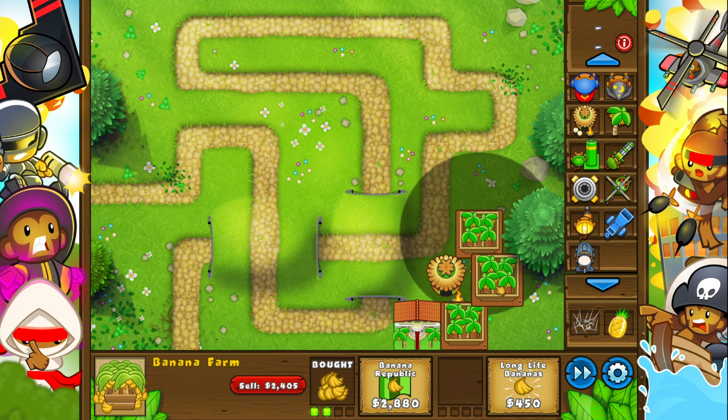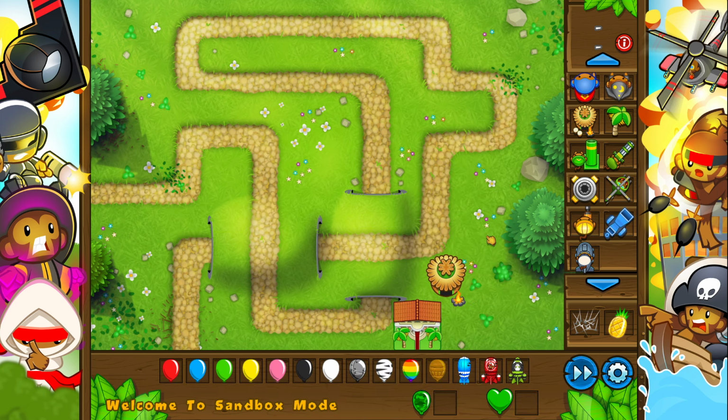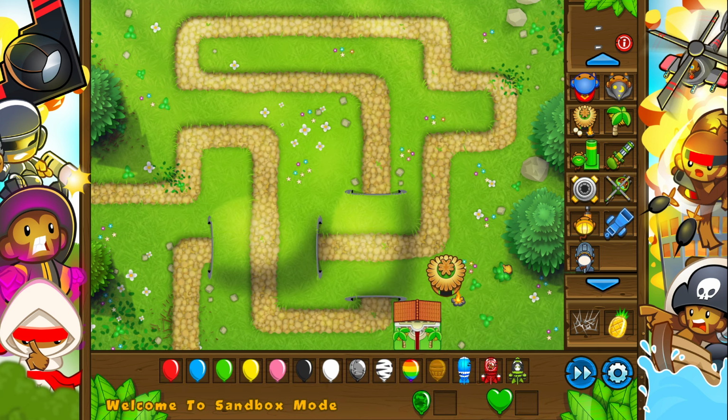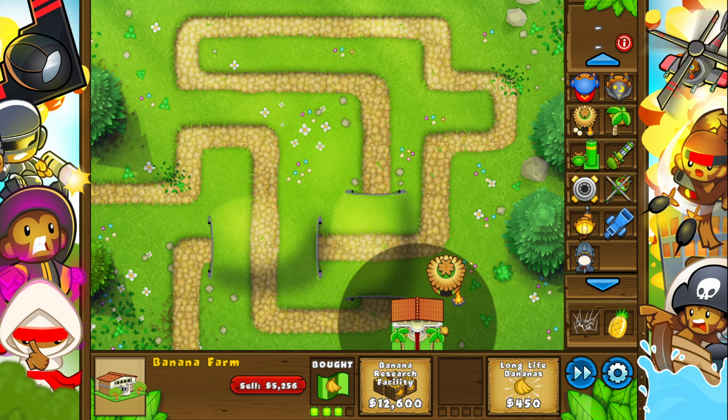All right, so that's another trick. Now the last trick involves upgrading to the factory. This is something that I've discussed in many of my videos, and it's probably one of the most used tricks of the farms, and that is that if you upgrade the farm